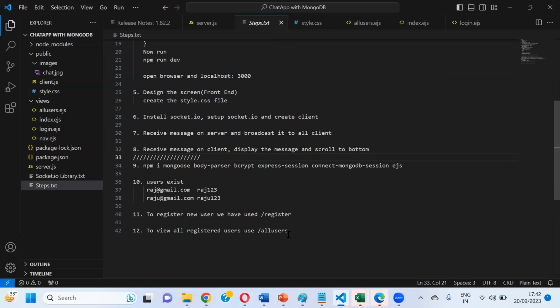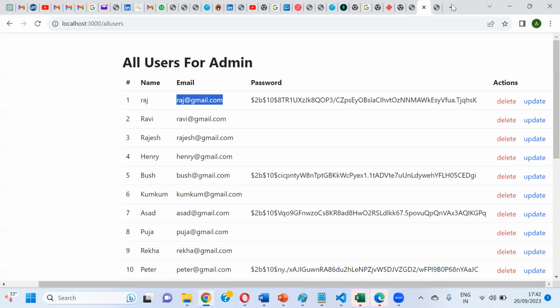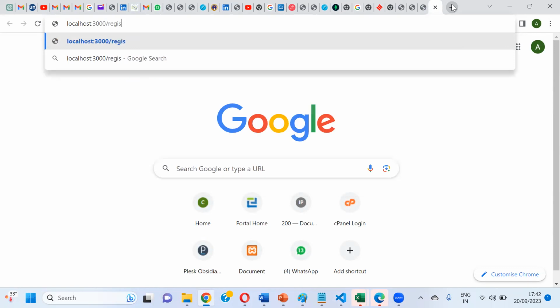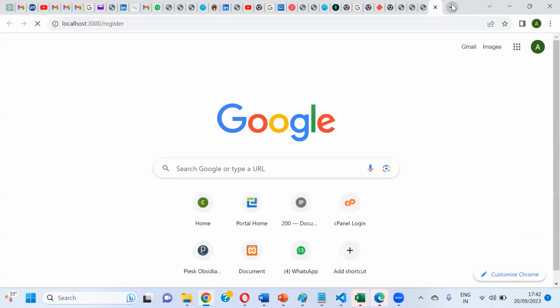If we want to create our own user, then we can use /register. Suppose I want to create one user and then I want to chat with it. So I can use /register. How to use /register? We can come here in the localhost and I can write register. So when I type register, it will,